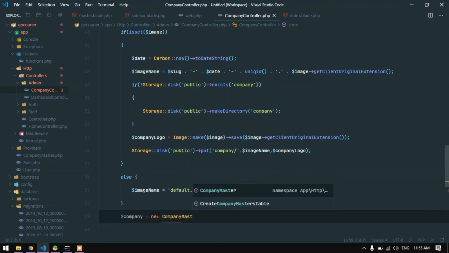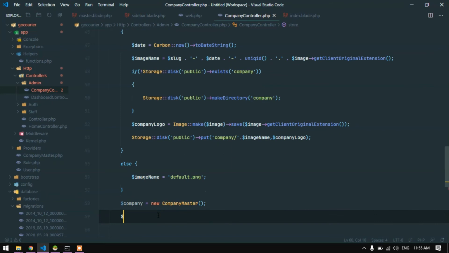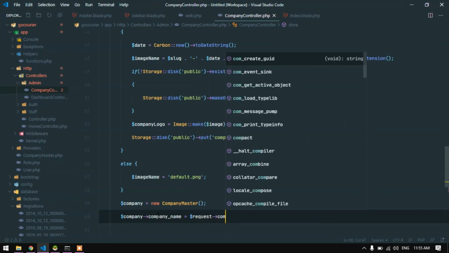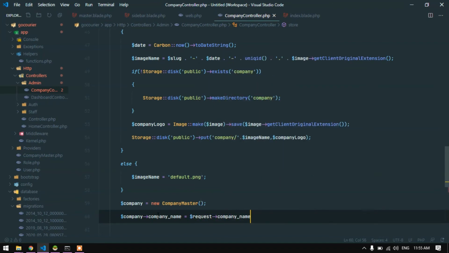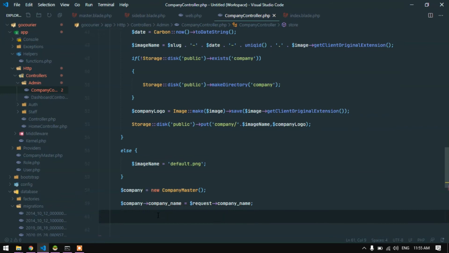Okay. Now I just need to save every detail. So company_name is equal to request company name. Like this, I need to save all the details. I'll just fast forward it, meaning for every detail, like company name, over here if you see company name,